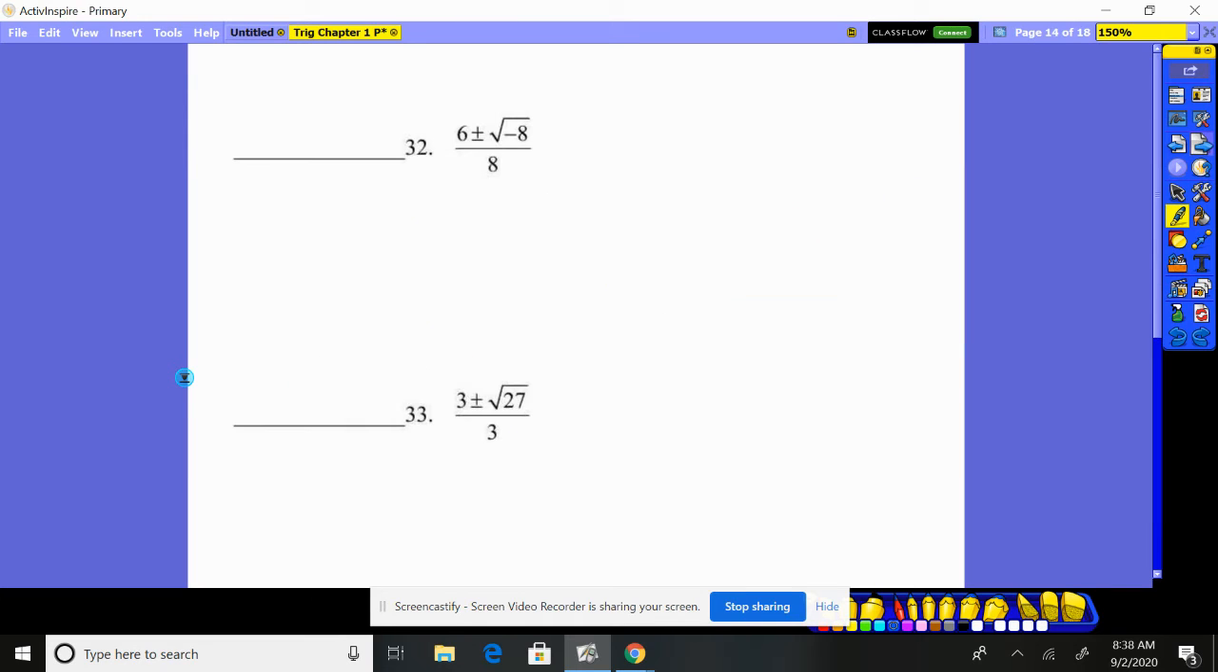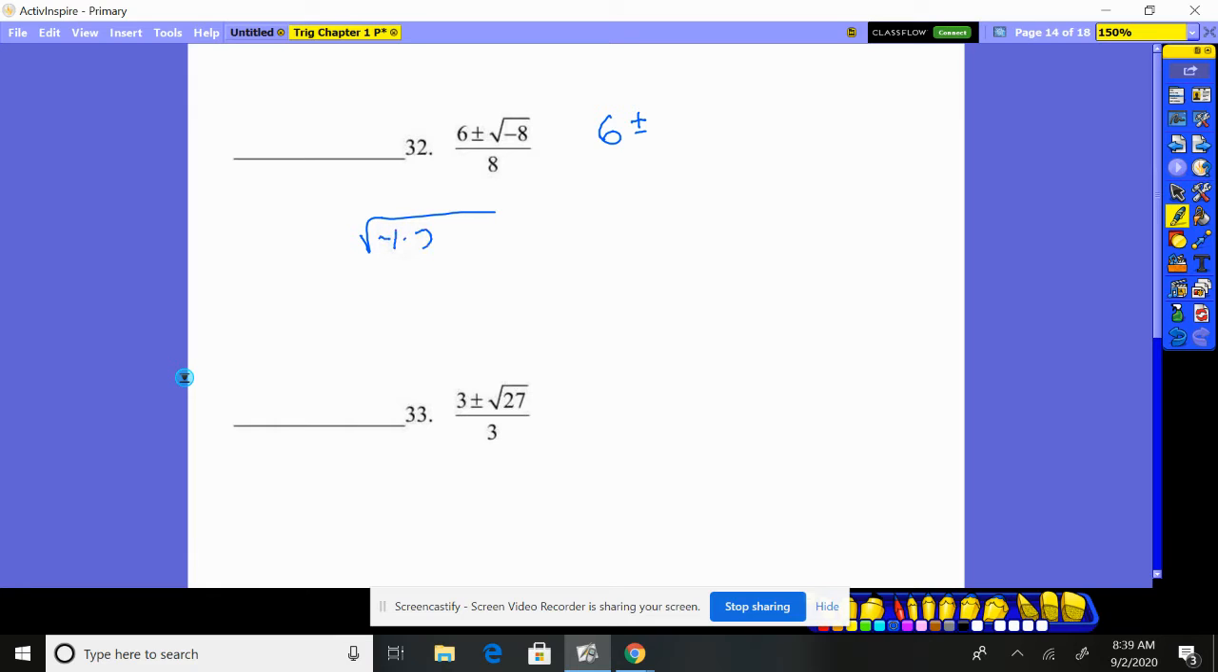All right, we're now going to move on to a few other things. We have to simplify these fractions. Well, to simplify, we need to first simplify the radical and then see what crosses out. So this is going to be 6 plus or minus square root of -8. Now, when we break that down,